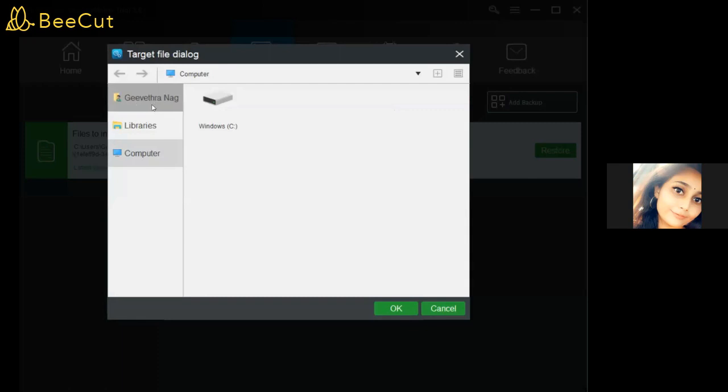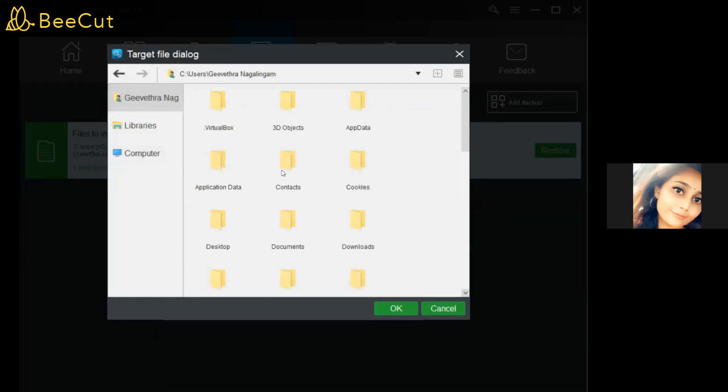Next, I will select the target as my user folder on my desktop again. So I'm going to retrieve all the backup data to my desktop again. I will click on desktop and I click OK.